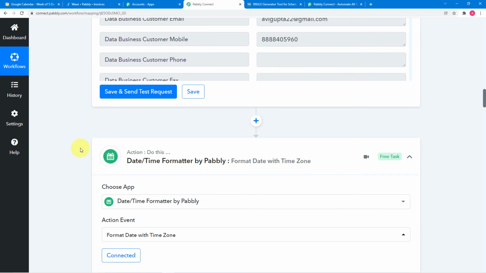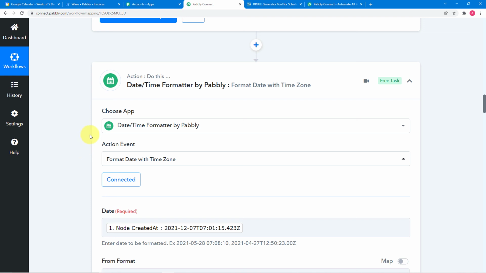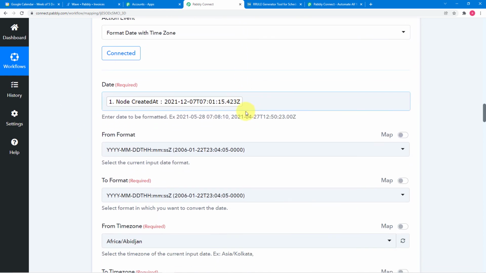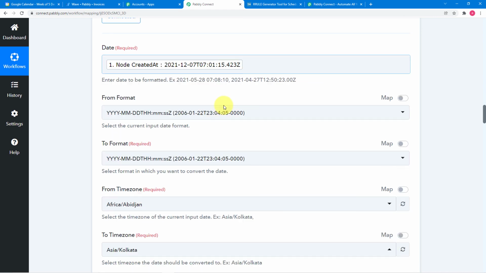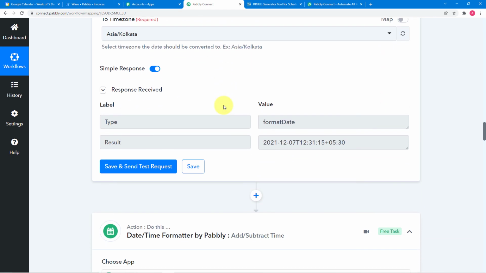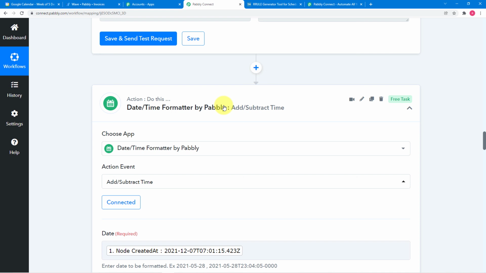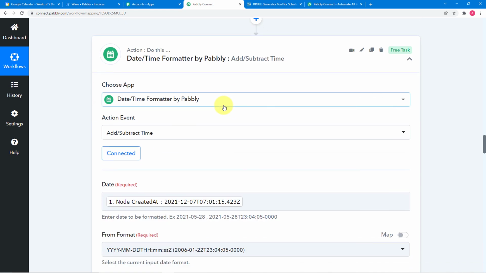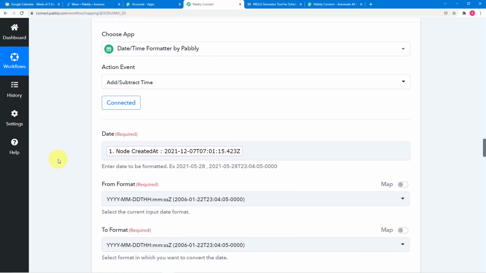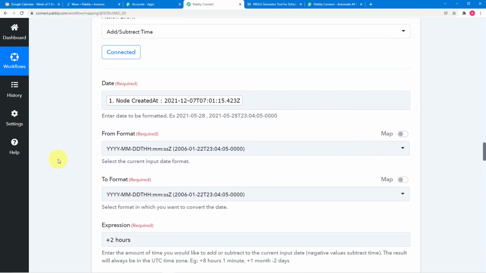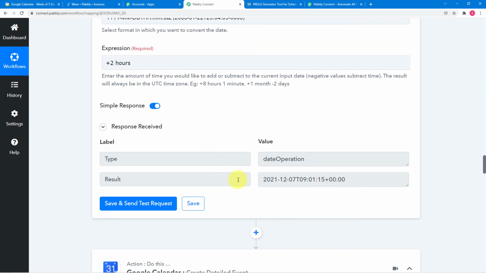After that, I used this date time formatter feature of Pabbly to convert the format of my time into IST format like this. After that, I added 2 hours more to this created at time of the invoice, so that we can use this time in the creation of the event in Google Calendar.